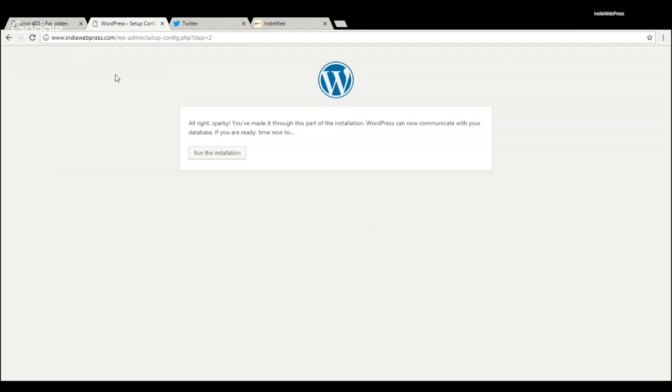You can find a variety of hosts, including hosts that have one-click setup and installs. That will allow you to do this, so that will cut down on the number of steps, or